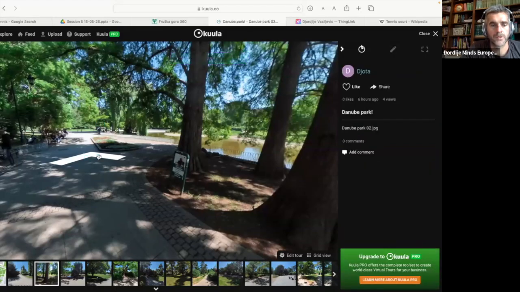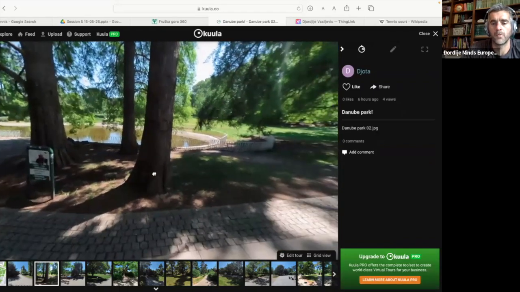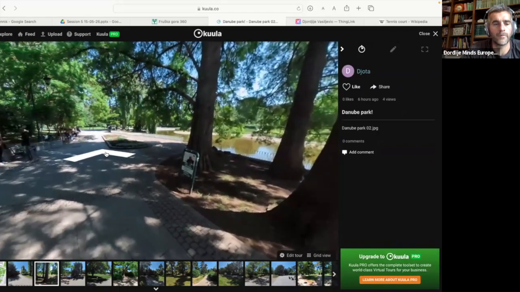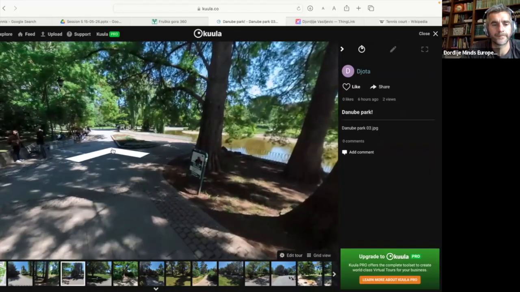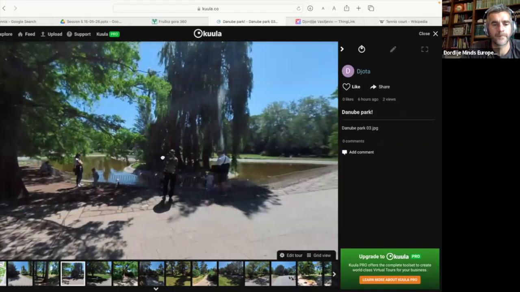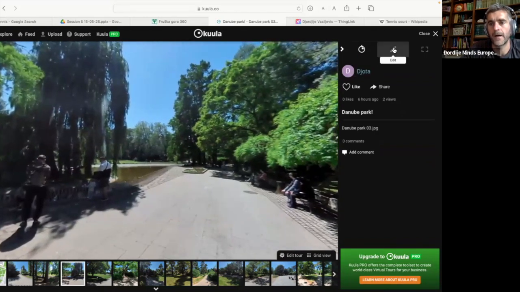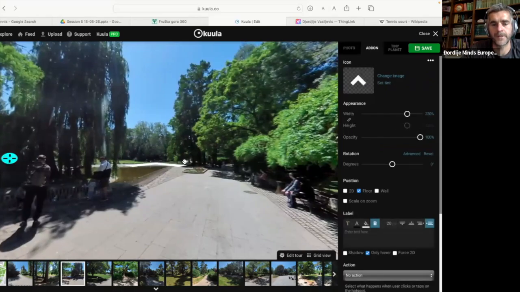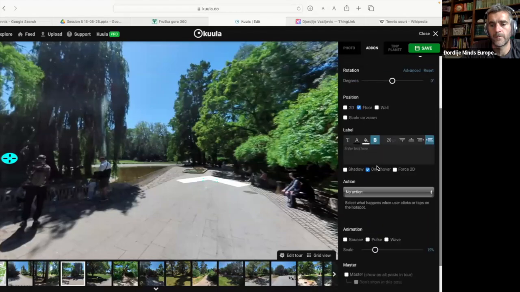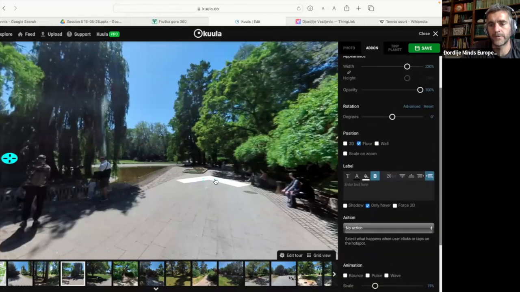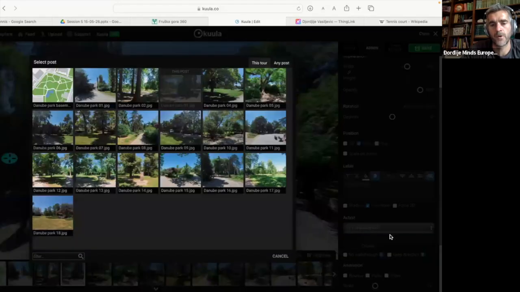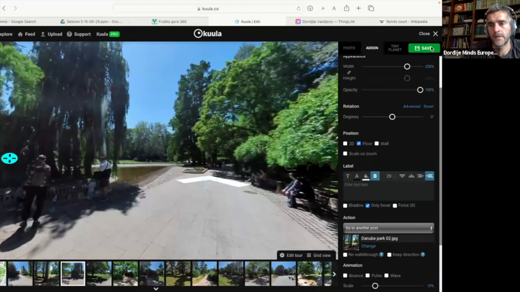And then when I close, I can go back to the beginning or go further. So it took me by the lake. If I want to go back to the first scene, I again need to put a hotspot. This now is by default the floor hotspot, so its position is on the floor. I go to the action, go to another post. Now I choose the previous image, which is this, save,